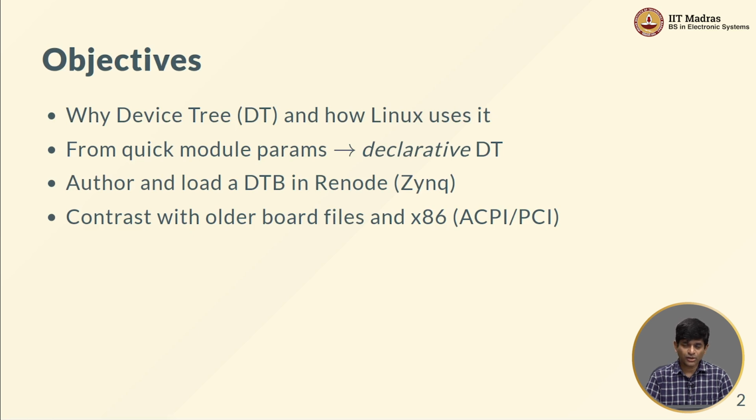And what we saw in the previous set of lectures is that we can write a kernel module, which is essentially a sort of device driver. What we mean by a device driver is something which allows us to communicate with the custom hardware that we have. In our case, it was what we called a smart timer, right? And by directly passing in parameters such as the physical base address of the smart timer and perhaps the window size corresponding to the number of registers available for the smart timer, we were able to register it with the kernel. And from that point onwards, we found that there were a few new files that got created,